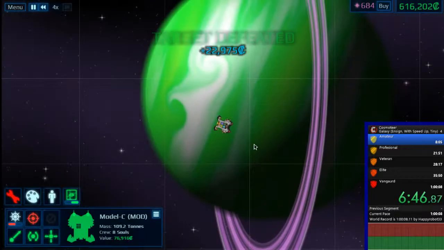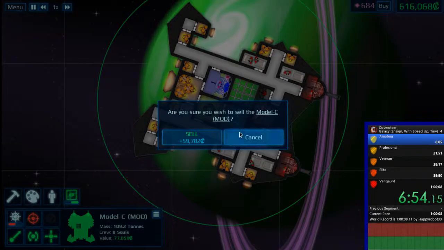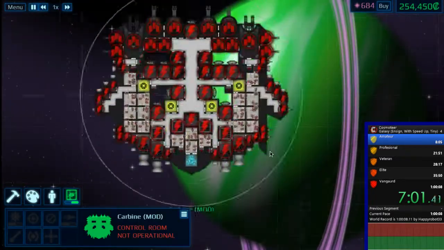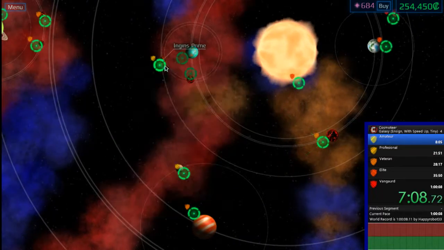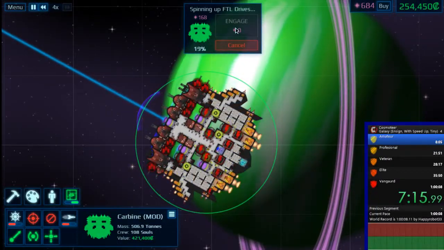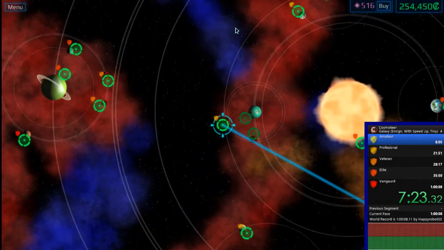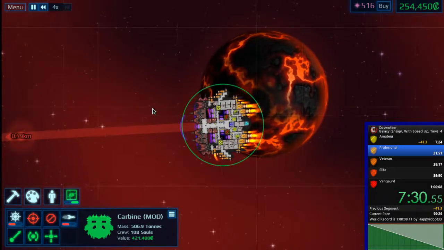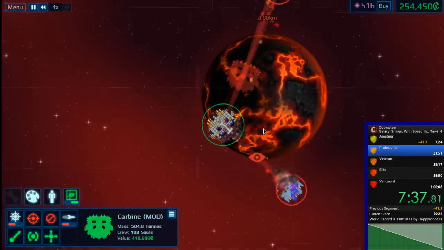So we're gonna come out of this. I'm only gonna start that timer when we actually warp. Carbine. I'm gonna only buy one of these for now. And we're gonna go to professional. So when we get in there, I'm gonna change the timer. Okay, we're on professional. So this ship's good, but it's slower than the Model C, so that's why I kept it. Oh, this might be a...